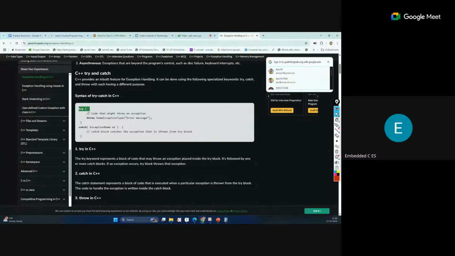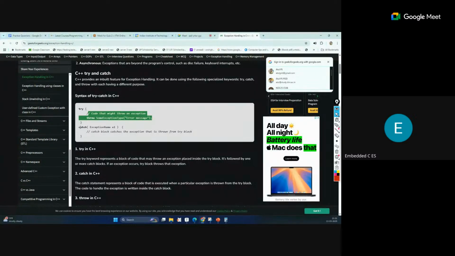If this code generates some error, any error, that is handled by this catch. So we will define that. When our program is running, it will not crash. That is handled by this catch. We can define some function in this part, so if any type of error comes, like runtime error or compilation error, our